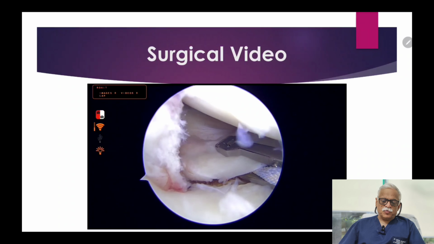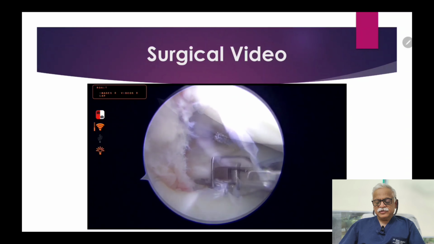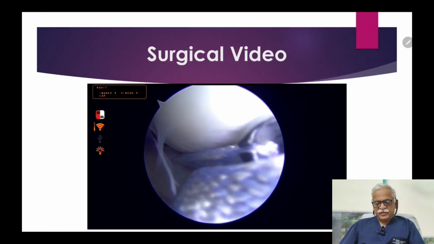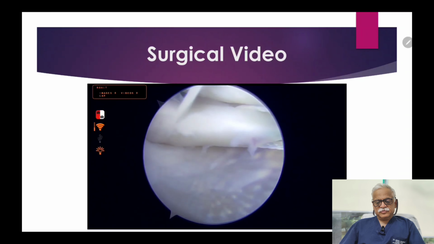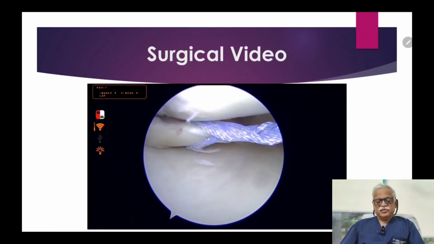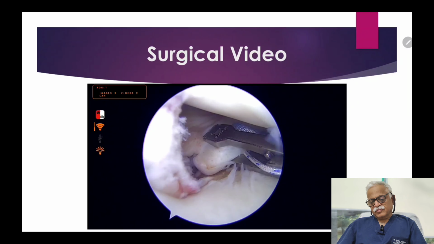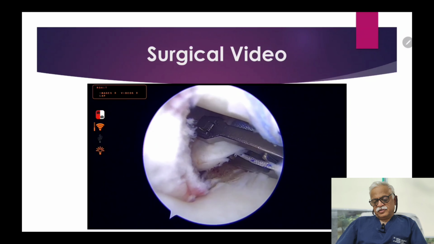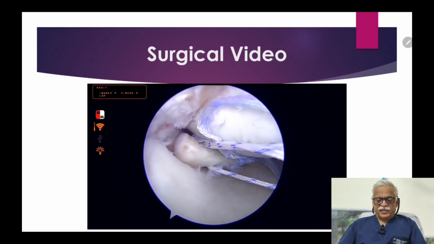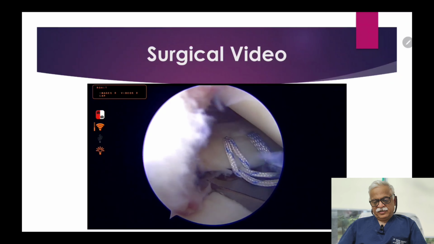Next, with a Scorpion instrument, we take a bite with a fiber tape through the meniscus in a stitched fashion, and this makes our construct very robust, and the loop is retrieved and a loop is created. Now we make a small tunnel, 6 millimeter in diameter, on the bed where the meniscus